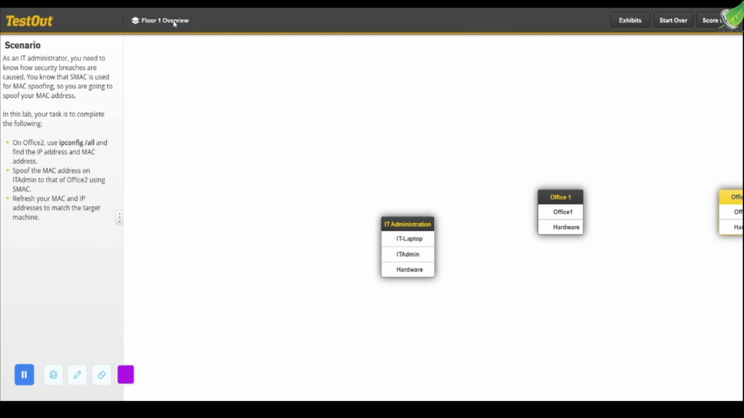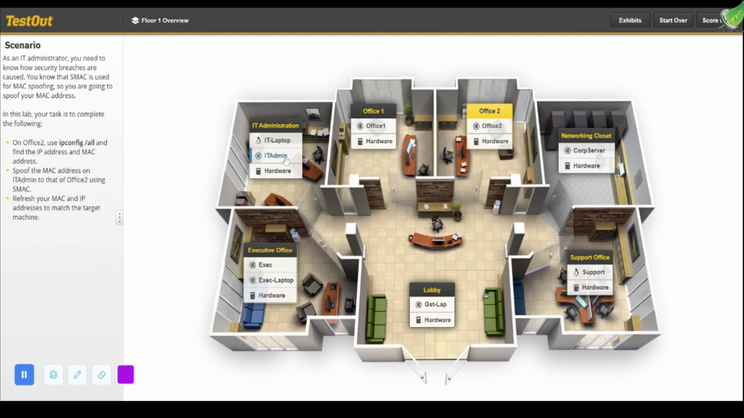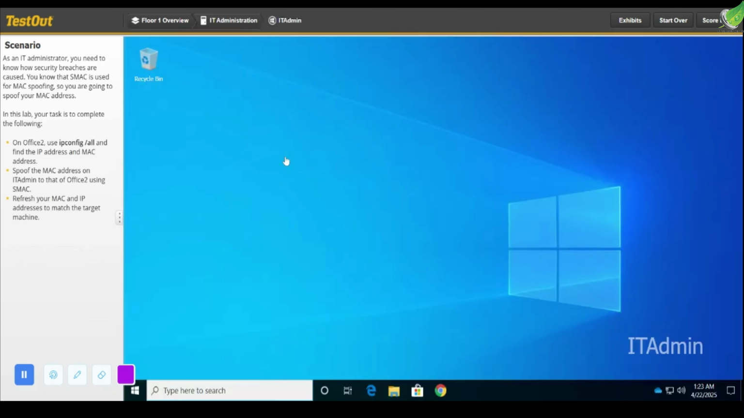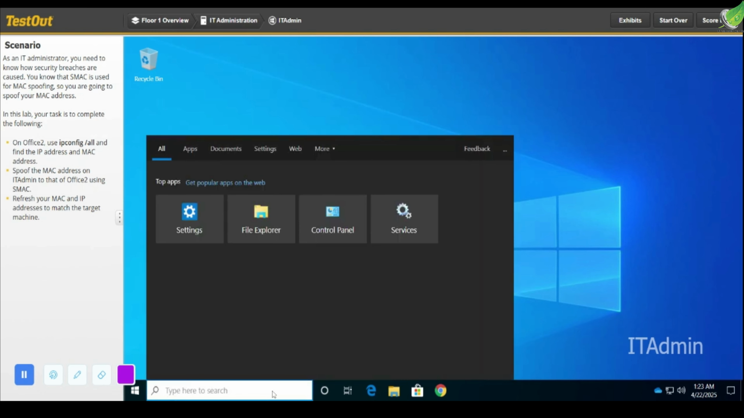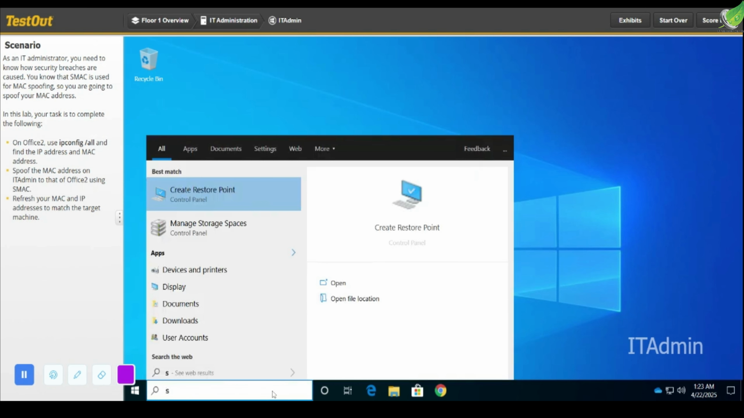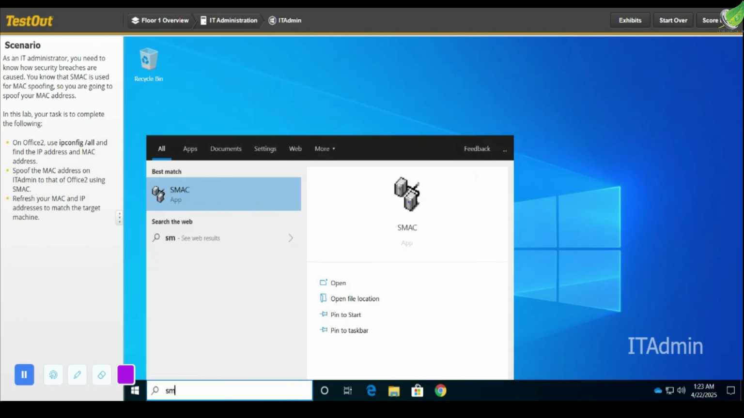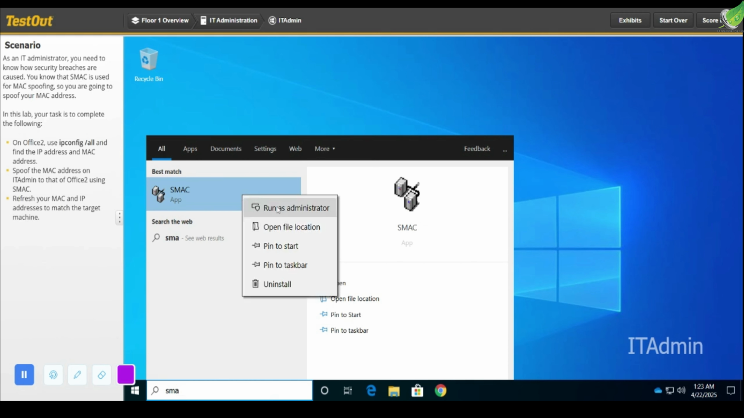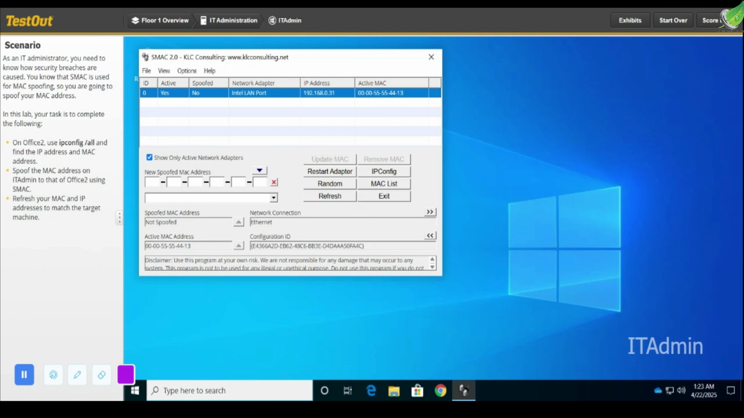Let's go to Floor Overview and go to IT Admin. While in IT Admin, let's search for SMAC and open the app. We run it as administrator. And here we want to input